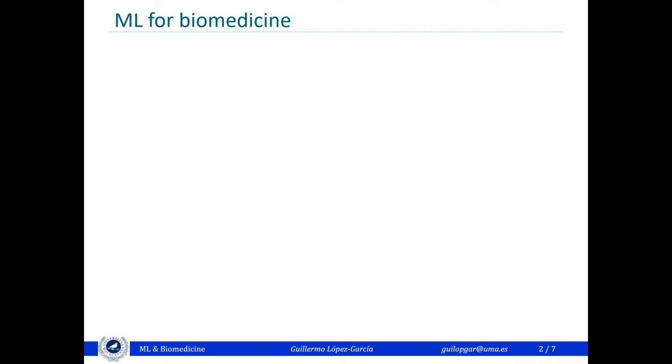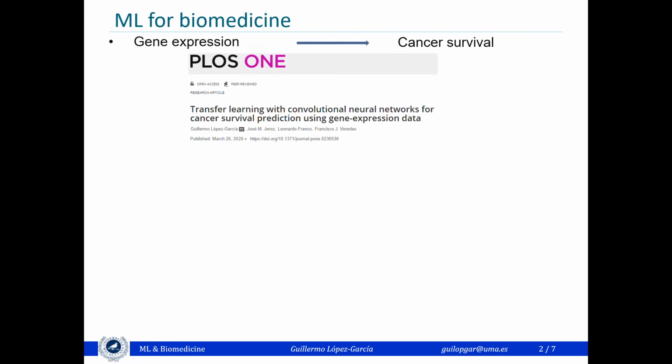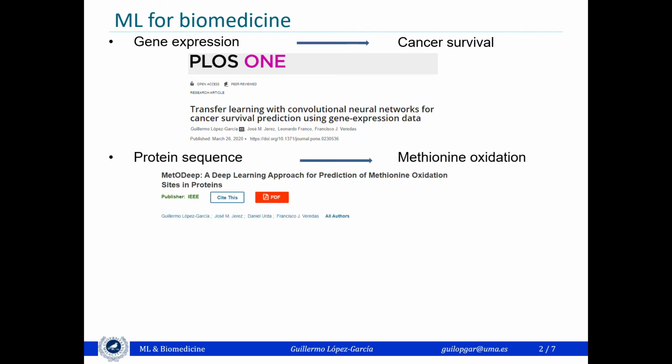For the last 2 years, in our research group, we have focused on developing new strategies in order to adapt the most successful machine learning and deep learning models to the specificities of the biomedical domain. For example, we have successfully applied convolutional neural networks to gene expression data, and also to amino acid